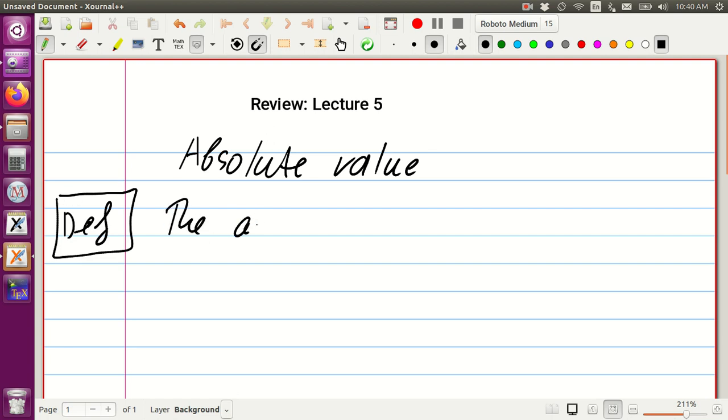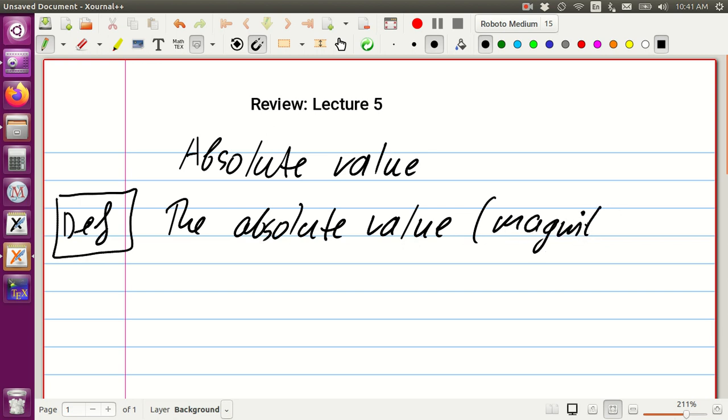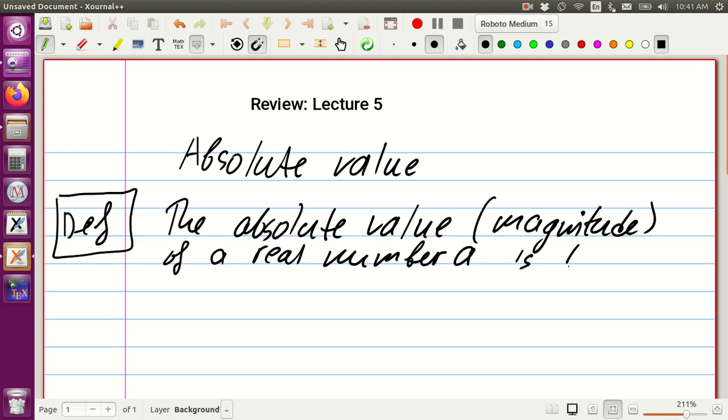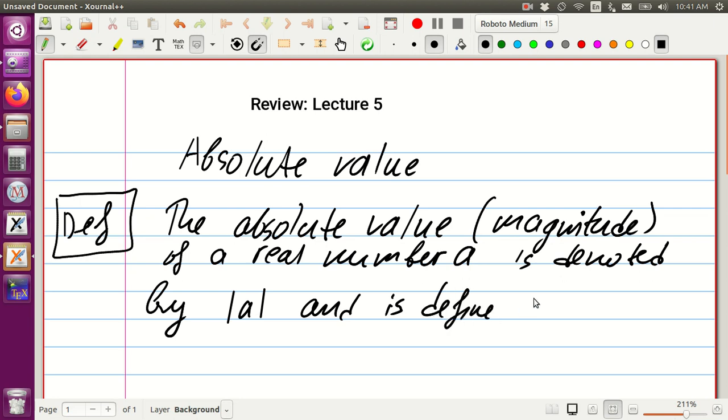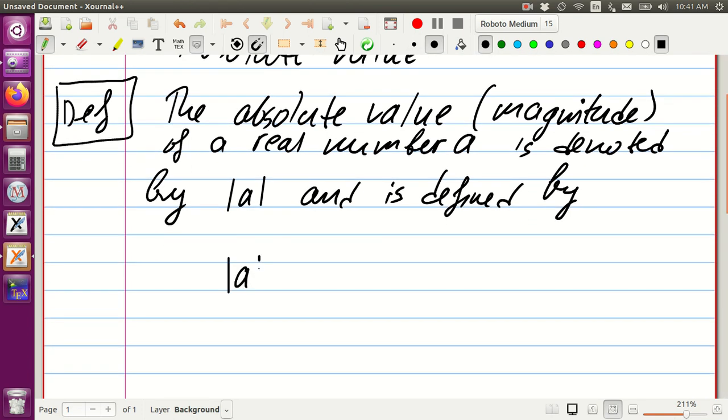The absolute value, and some people call it also magnitude, of a real number, let's call it A, is denoted by, and you're already familiar with this, two vertical lines, and is defined by the following equation. We'll define an absolute value as a formula because it will make our life a little